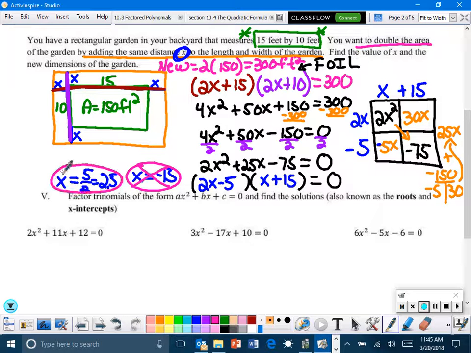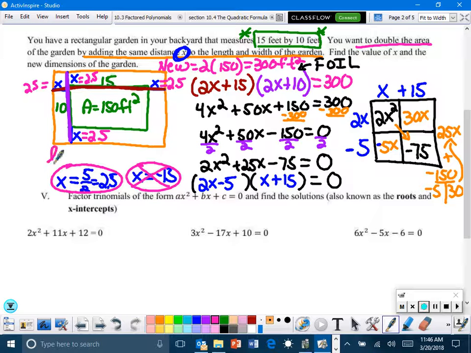Okay, so let's think about this. We found out what x is, but now we want to know what the new dimensions are. So this side of the new garden is 2.5 feet. Up here, that's 2.5 feet. This is 2.5 feet. And this one is 2.5 feet. Okay, do a little bit of math here. So it looks like 2.5 here, 2.5 here. That's a total of 5. 2.5 plus 2.5 is 5. And 15, so that means the new